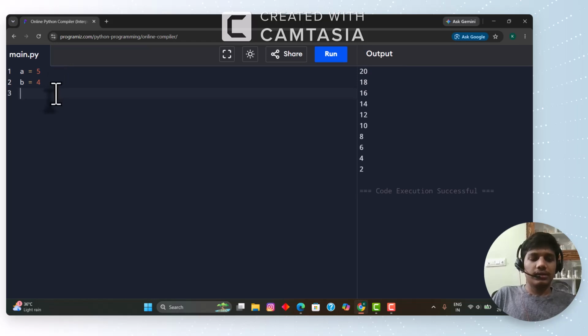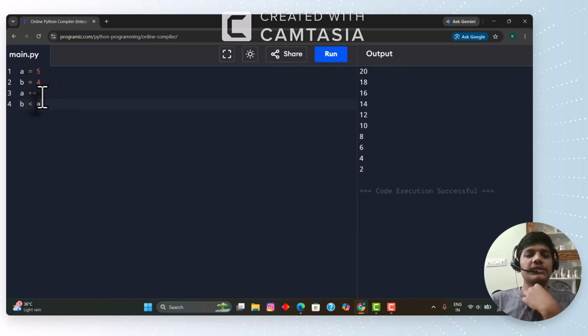If you give an increment like plus 1, what will it do? 5 plus 1, that is 6, 6 plus 1, 7, 7 plus 1, 8, 8 plus 1, 9, like that. So if you give a condition that b is less than a,